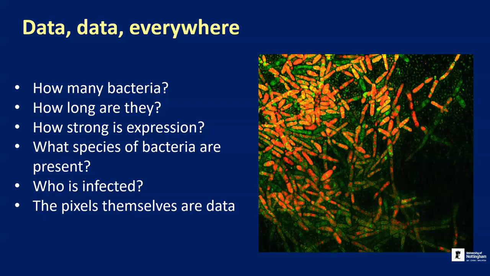For example, we could take the RGB colour spectrum for each pixel on the screen, and that might tell us something about the relative expression of the green and the orange dyes, which might tell us something about the biology of the bacteria. Okay, you don't need to worry about the microbiology of this example. The point is that from a single image here, we've got a whole bunch of different types of data, and hopefully as I was talking through, you were conscious that these are not all the same kinds of data. There are different sorts of data available here, and so it helps really to think about data in different